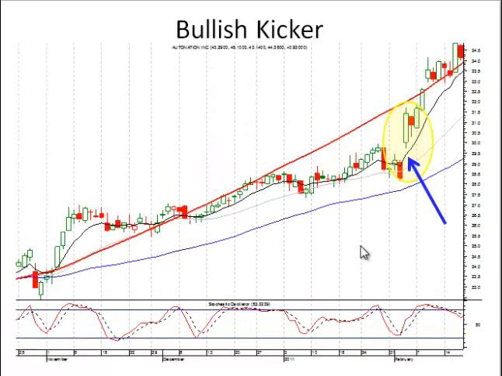A kicker signal doesn't matter where it occurs in a trend. If you're already in a trend and there's some pullback and they do a kicker signal, that's basically telling you whatever that information was going to continue that uptrend. So you can see a kicker signal. Remember, we don't want to see a candlestick buy signal in an overbought condition, or we don't want to see a candlestick sell signal in an oversold condition. However, if we see a candlestick buy signal or a candlestick kicker signal in an overbought condition, that basically tells you there's still a lot of force in that uptrend. It's going to continue to go higher.